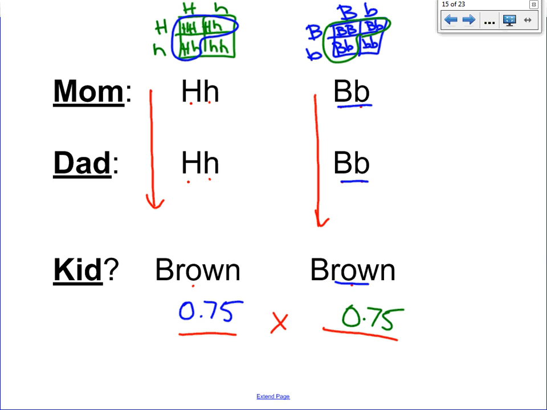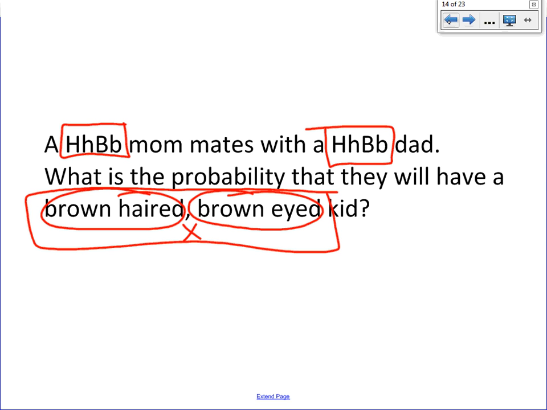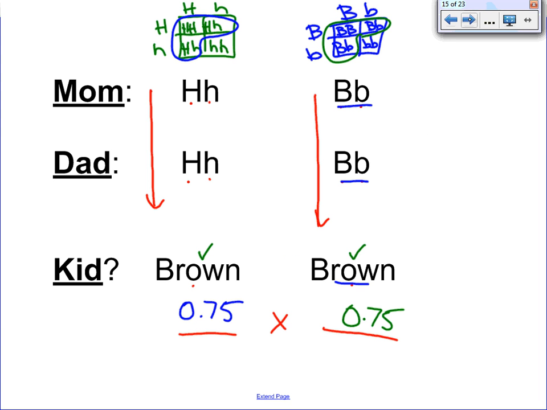So these are our 2 individual probabilities. There's a 75% chance that the kid will have brown hair and a 75% chance that the kid will have brown eyes. But my original question was, what is the probability that they'll have a brown-haired and brown-eyed kid together? So if we use our multiplicative law, we just need to multiply the 2 individual probabilities, 0.75 times 0.75,